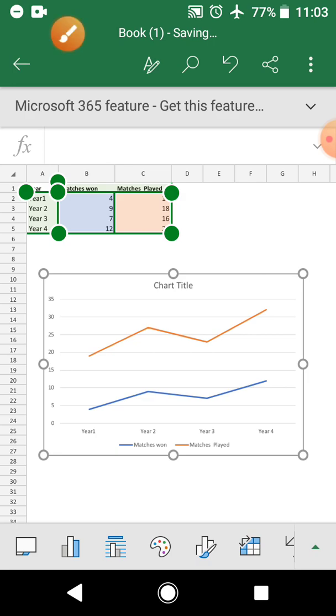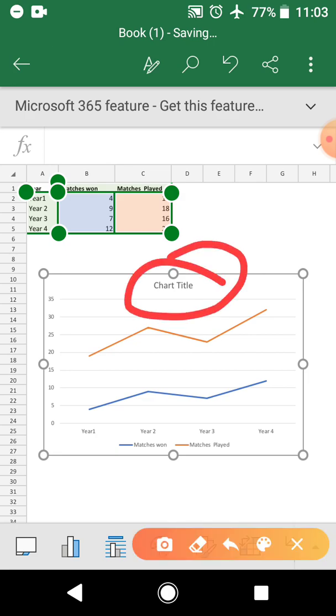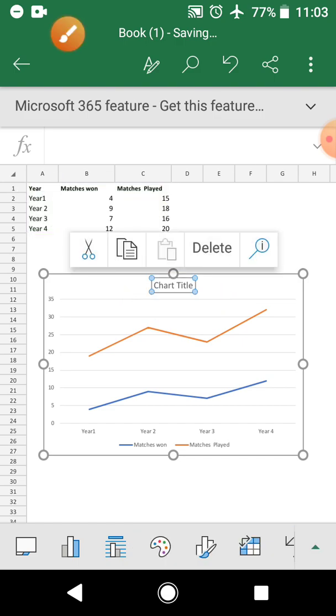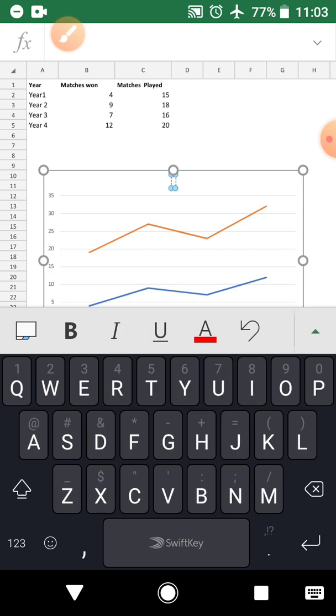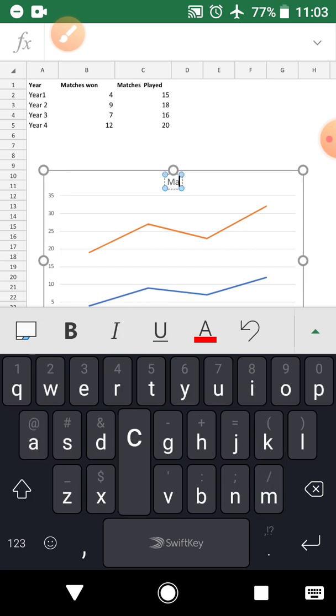As you can see, here is the chart title. I also told you how to correct the chart title. I just double clicked on it and changed it to Matches. The same I did in the previous video. Title, all right, it has been done.